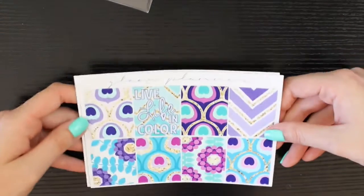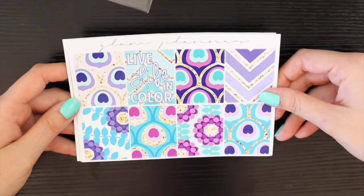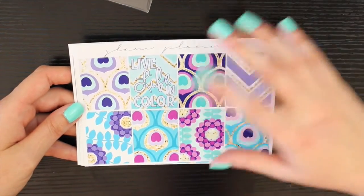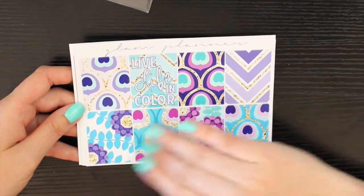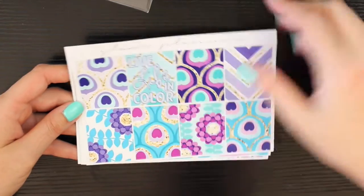This is another one where I waited till the last minute to purchase it because I was kind of on the fence, and I'm really glad I bought it. It's so stinking pretty. It does look very peacocky. The colors are just, I love this green. I mean, obviously based on my nail color, but